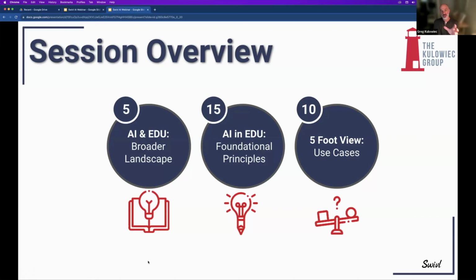Then in the middle section, we're going to spend a little bit of time talking about 6 key principles that I like to think about whenever a school or a district or a leadership team or even educators are thinking about how we start to have meaningful conversations around artificial intelligence. All 6 principles might not align with your thinking, but ideally 1 or 2 of them will get you shifting your thinking in a way that's positive and optimistic and looking for opportunities of how these really powerful tools can have a positive impact on your job as an educator, and then maybe even on the experience of your students as well.